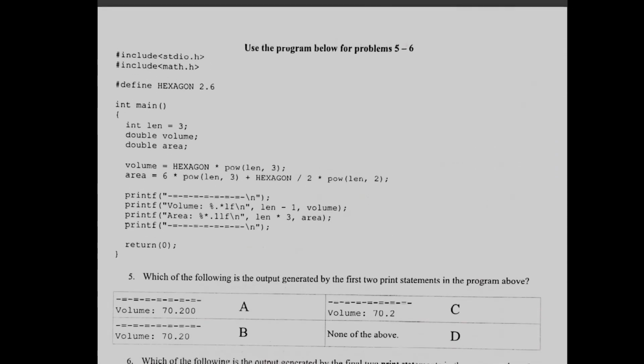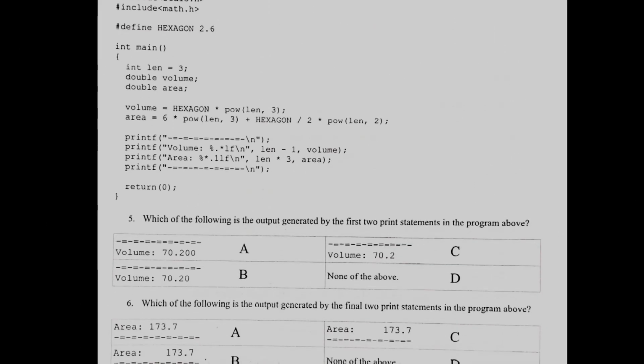All right, moving on to questions 5 through 6. We have another set of code with some very similar looking variables and some operator precedence expressions, but for questions 5 and 6, they're going to be looking at these strings and how they are formatted using width specification. So question 5, which of the following is the output generated by the first two print statements in the program